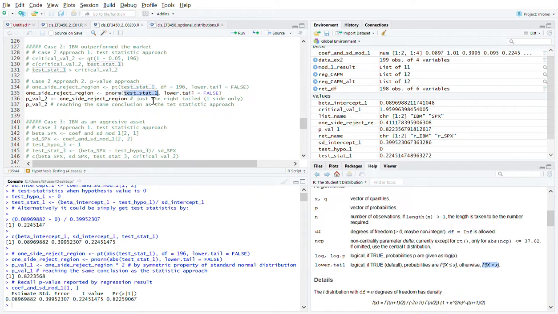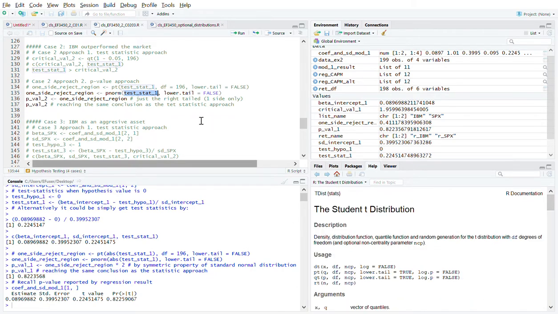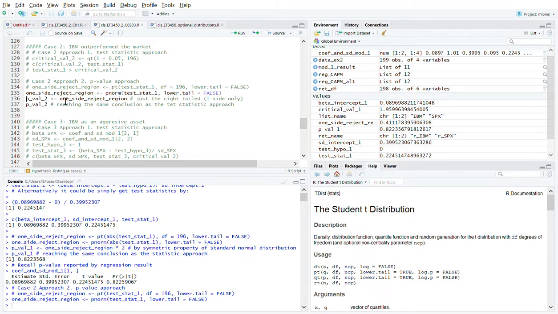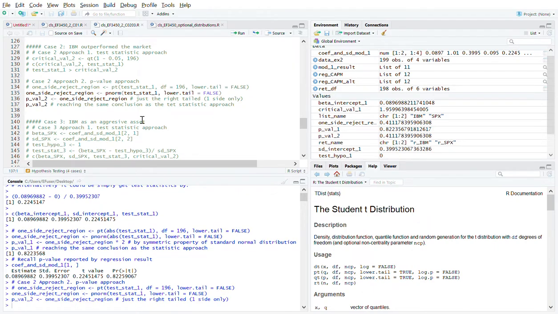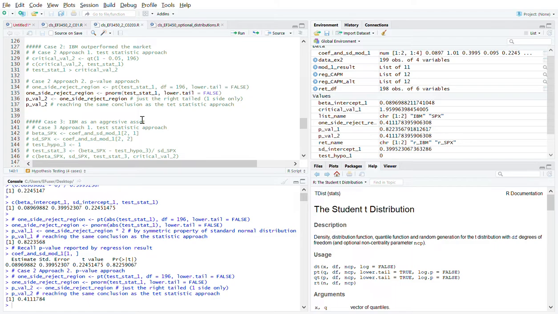Providing the quantile, which in this case is the test statistic we computed, we can get the shaded area on the right-hand side. It's a right-tail test, so we do not need to multiply by 2. The p-value is going to be 0.411,